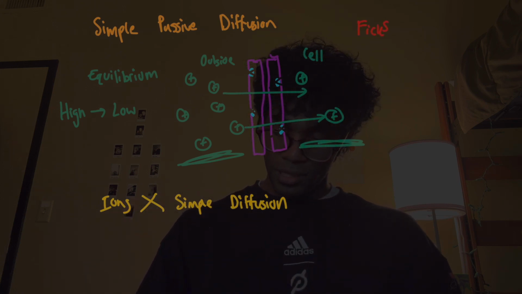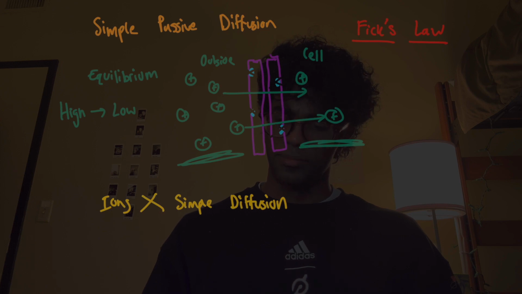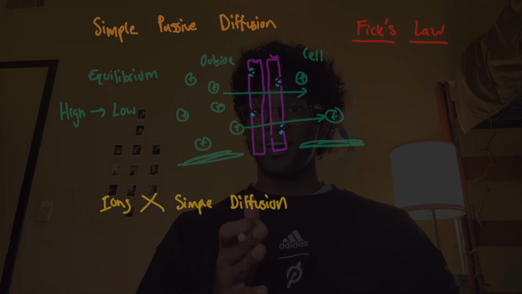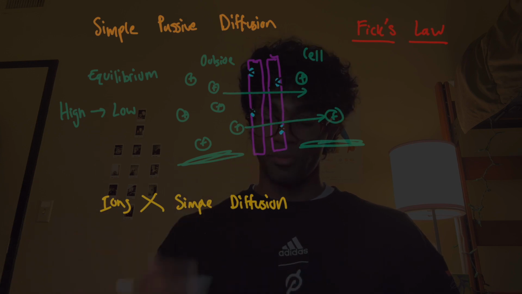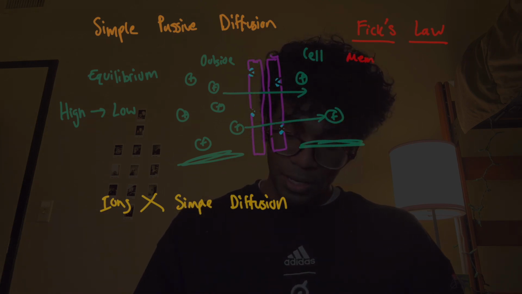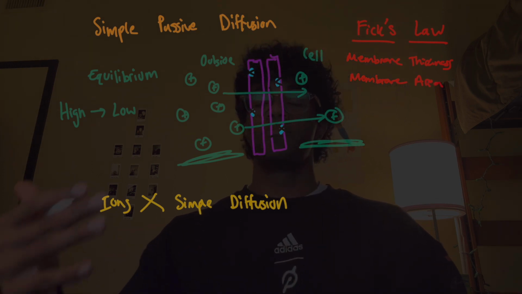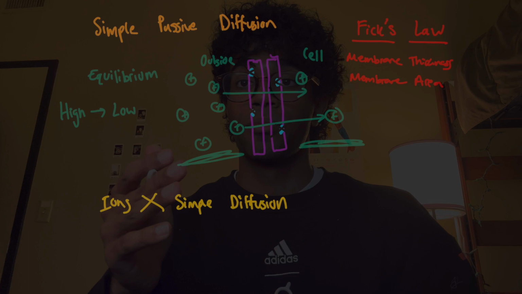Fick's law. And I apologize for writing all over the page, but it's a little more interactive for myself. So, Fick's law takes into account 2 major components, which are the membrane thickness and the membrane area. I'm going to go over this pretty quickly, but basically, the thicker your membrane, the harder